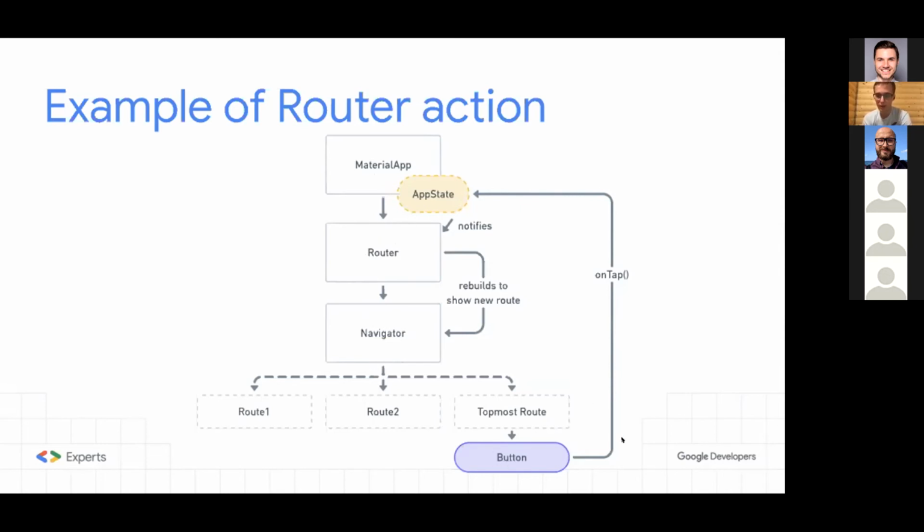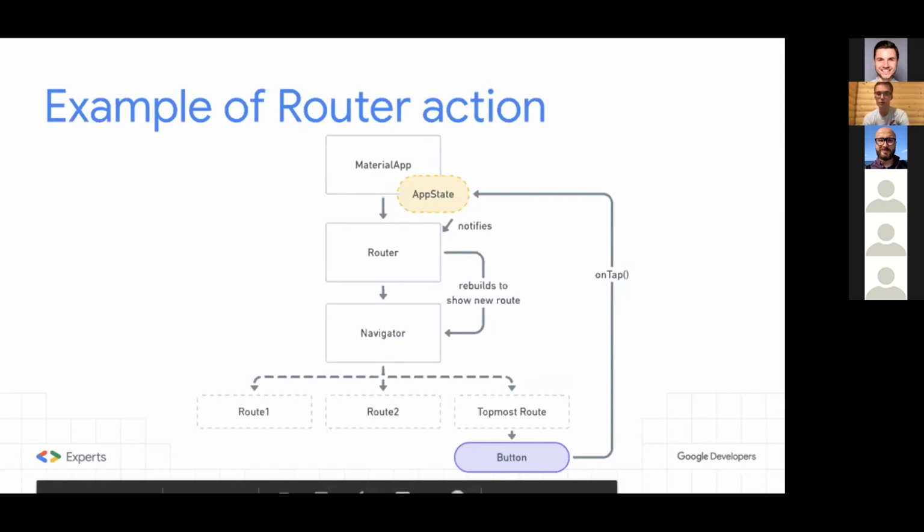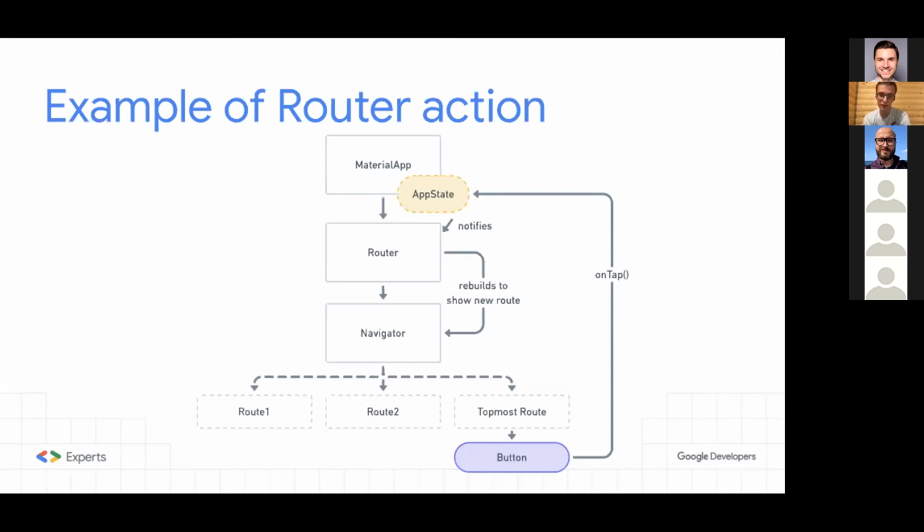Then if you press a button, you call some onTap or whatever, or you add some event to your bloc, and this changes the app state, and the cycle repeats. So the fun part of that is that finally in Flutter we have this declarative way of managing the stack.